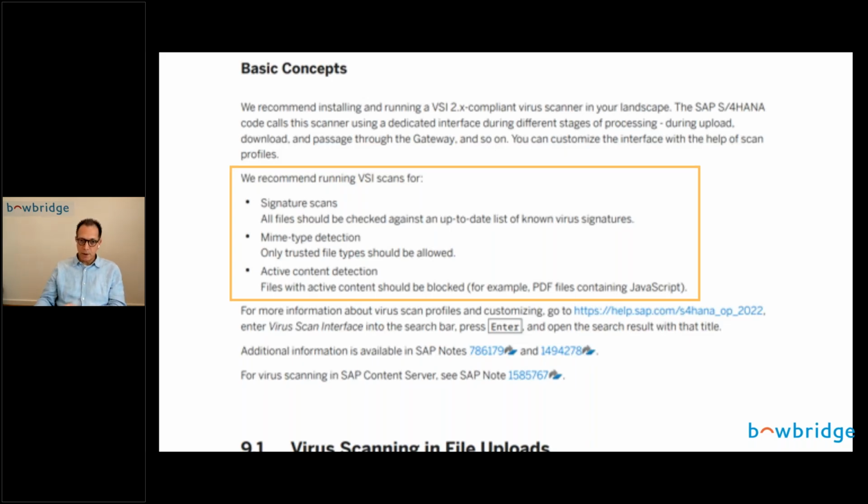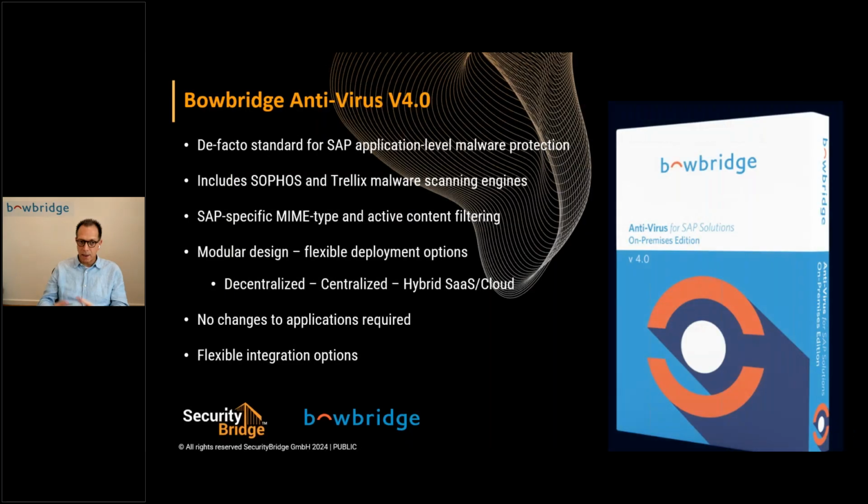The product we'll be using for this is our flagship product, SecurityBridge Antivirus 4.0, the very latest version. We're using the on-premise version here, which is a product that has been around for many, many years. It's pretty much the de facto standard when it comes to protecting SAP applications. It comes with built-in virus scanning engines. And the most important thing here is it does not require any changes to the